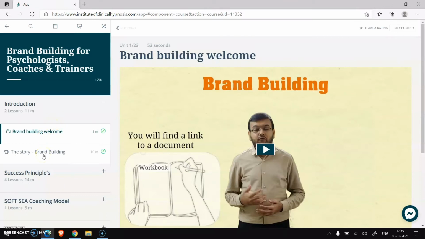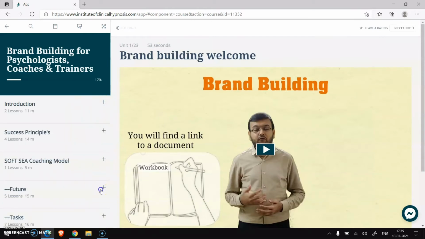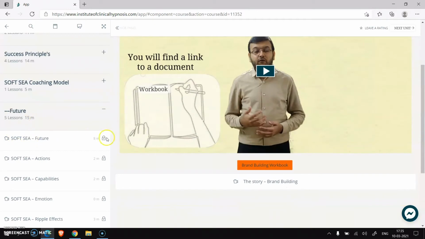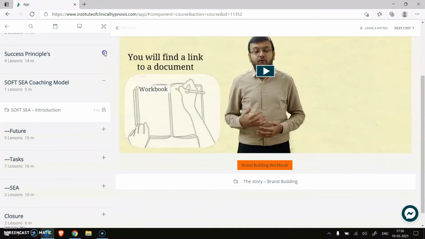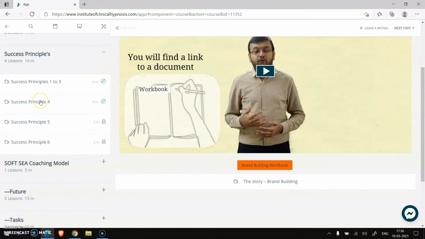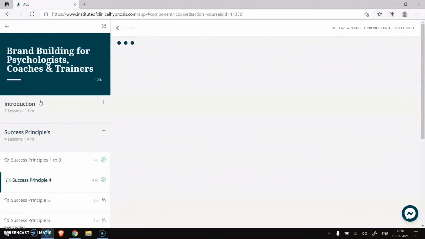So when you do the course for the first time, if you were to directly try and access a unit that you have not yet completed, let's say this one, you will notice a lock button in front of you. This represents that you have not completed the unit prior to this, and therefore you are not able to access this unit. In order to access this unit, you need to go to the course that you have accessed, go to the course unit page,